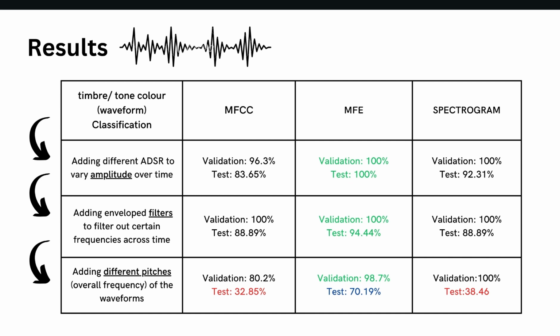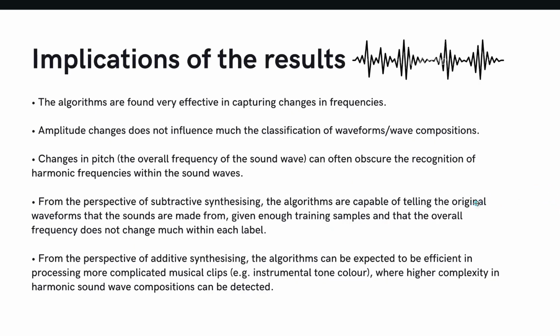All models are good at recognizing sound waves with different amplitudes or with certain frequencies within the sound wave being cut off. However, when different pitches are involved, all models see a significant decrease in accuracy. So what may these results implicate? It has been found that amplitude changes do not influence much the classification of wave compositions. Instead, changes in pitch, so the overall frequency of the sound, can often obscure the recognition of harmonic frequencies within